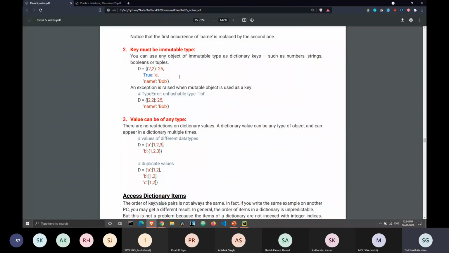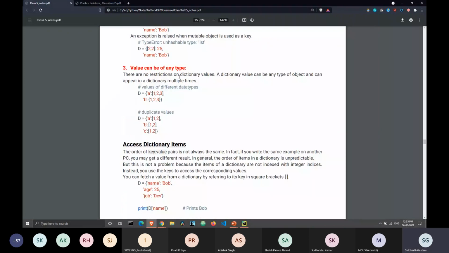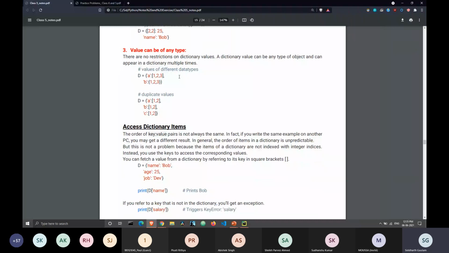The type of the value can be of any type: an integer, float, string, complex number, anything basically. It can also be a nested dictionary, a dictionary within a dictionary. If you're confused how that works, it is the same as the nested list we have already seen, a list inside a list. That's how a dictionary inside a dictionary also works. It looks complex, but when you start performing operations on it, it will work in a very simple way.